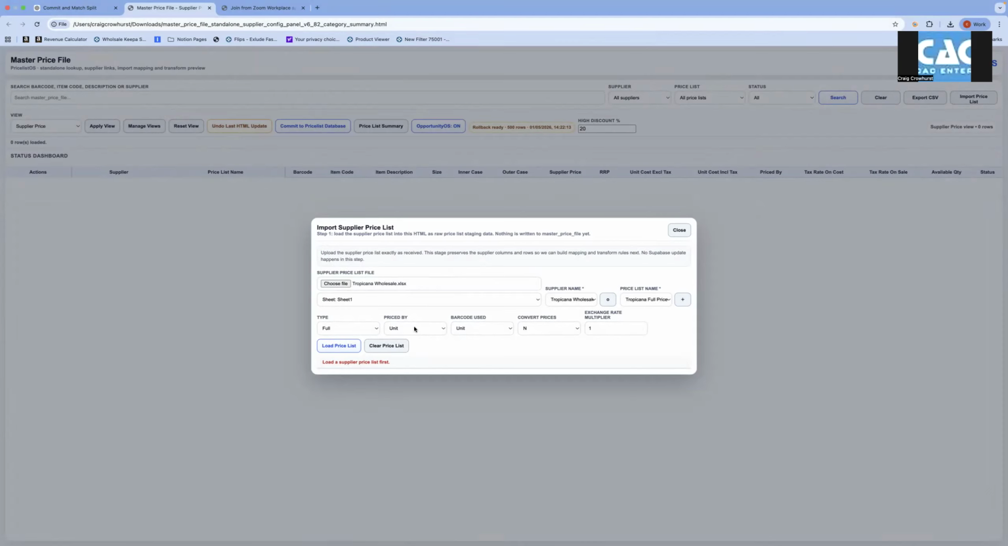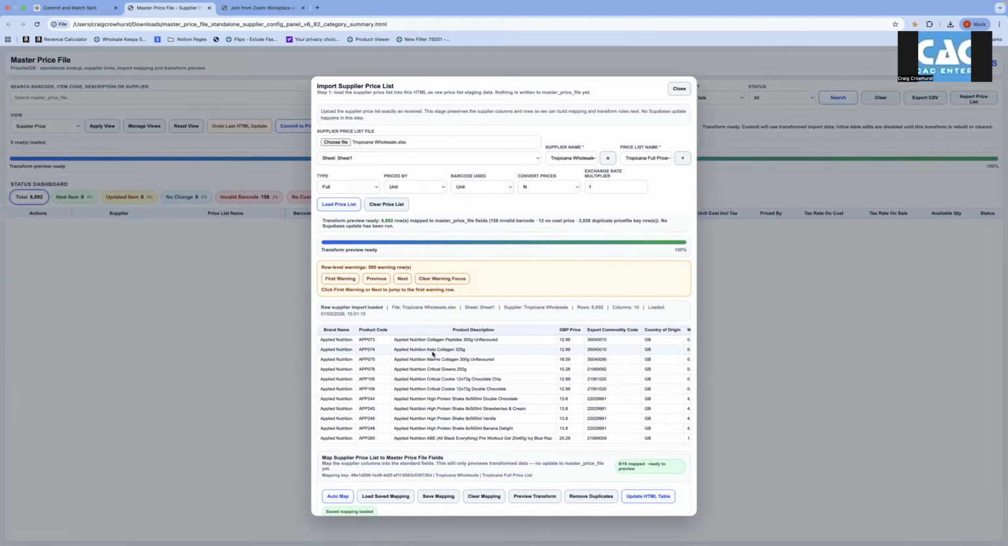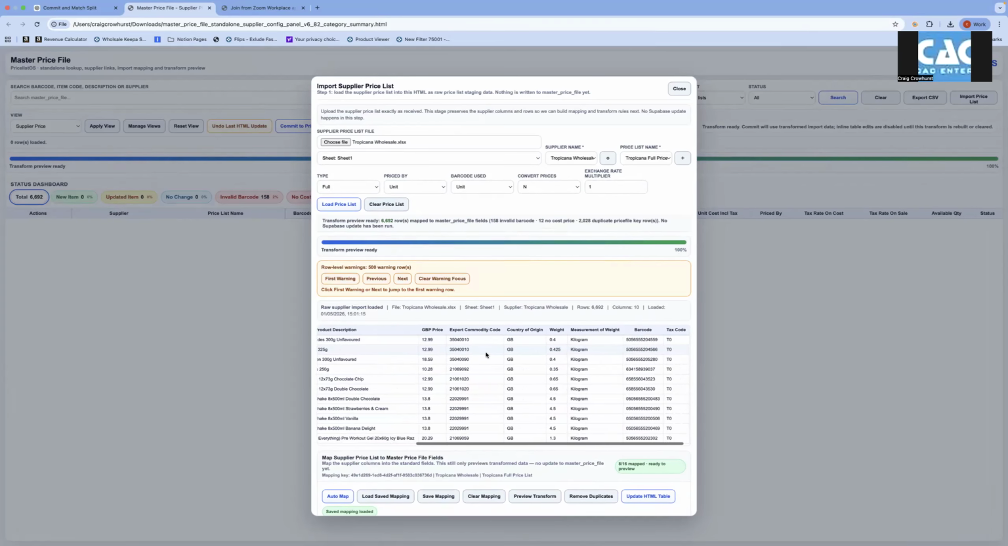a partial list, whether it's priced by unit pricing or case pricing, and whether I'm looking at barcodes for the unit or barcodes for the case, and also do I want to convert any European or foreign price lists into my standard currency. Once I've done that, I click load price list, and that loads in the raw data from